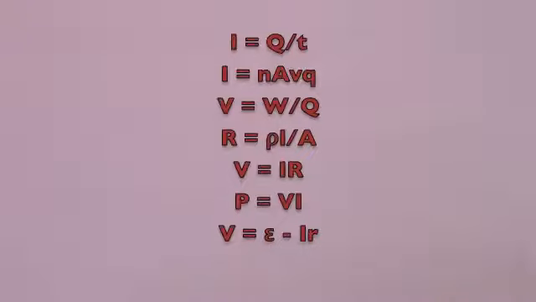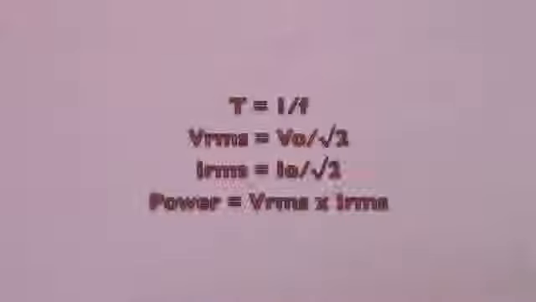R is rho L over A, that's the resistance, is the resistivity times the length divided by the area of a wire. V equals IR, that's Ohm's law. P, the power, is voltage times current. The voltage in a circuit will be the EMF of the battery minus IR, which is the current in the circuit times the internal resistance of the battery. The period of an oscillation is 1 divided by the frequency, and we'll need